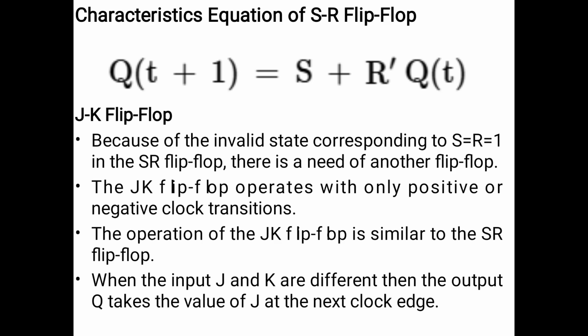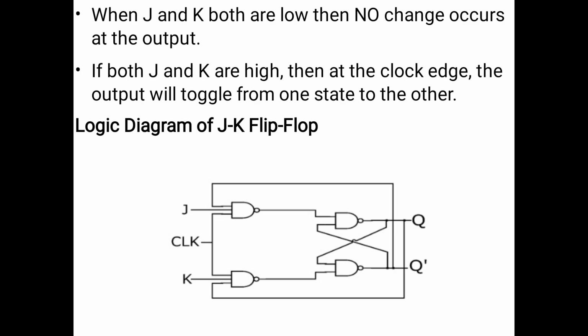The operation of the JK flip-flop is similar to the SR flip-flop, and here when the inputs J and K are different, then the output Q takes the value of J at the next clock edge. When inputs J and K are both low, then there is no change at the output. And when inputs J and K are both high, then at the clock edge the output will toggle from one state to the other. So we can see the logic diagram of the JK flip-flop